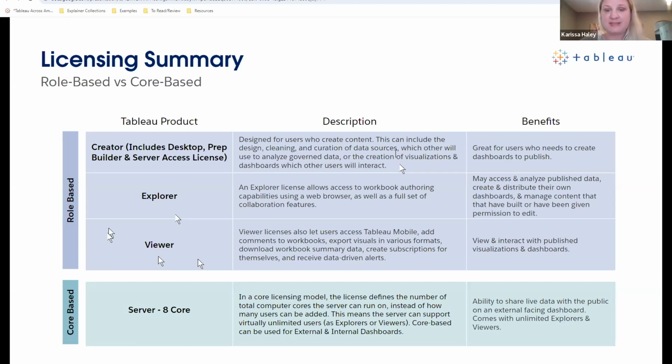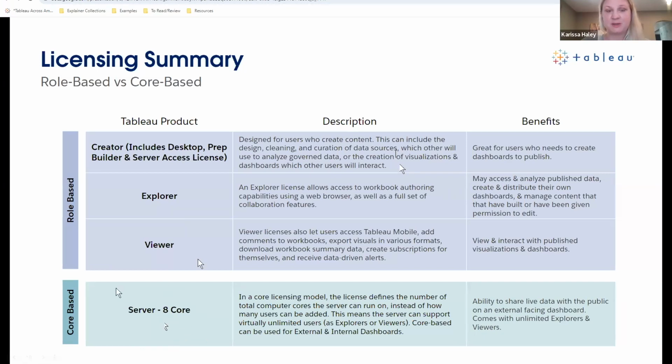Then there are the server-based options, from what we call an 8-core server. We still have these roles, but this is more for if you want a citywide, countywide, or department-wide solution. Creator licenses would still need to be purchased, but you would get unlimited explorer and viewer licenses.